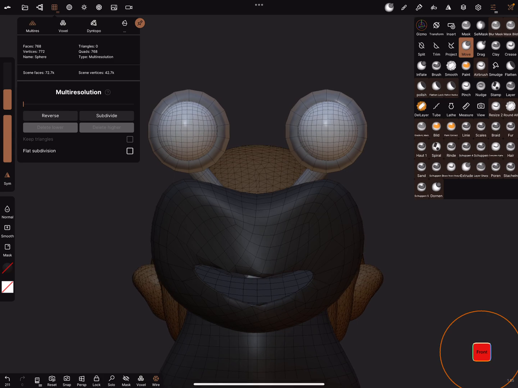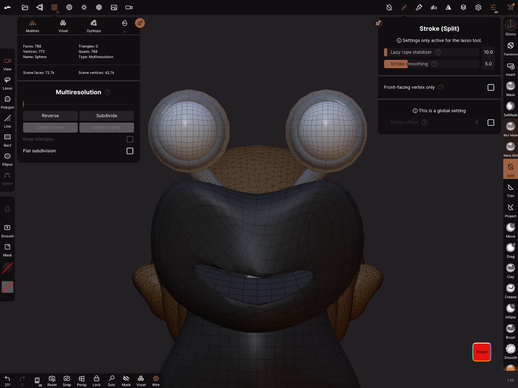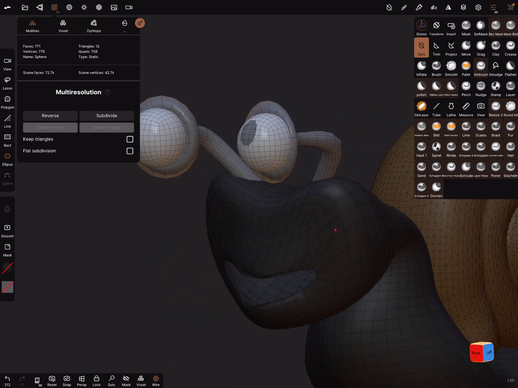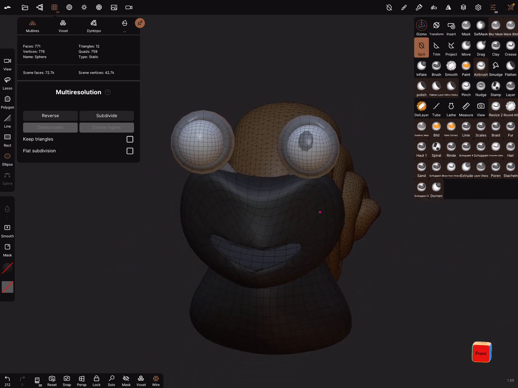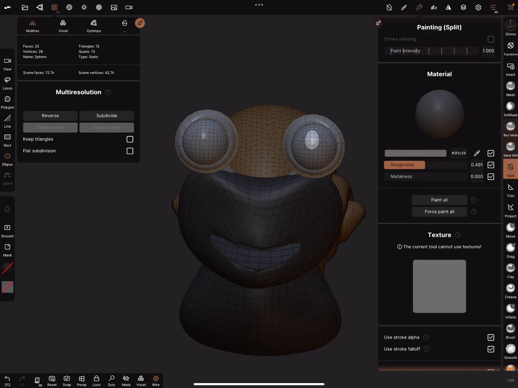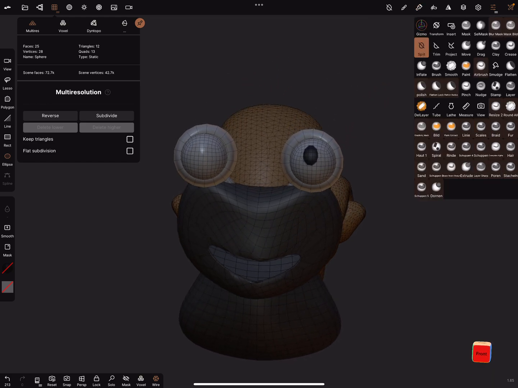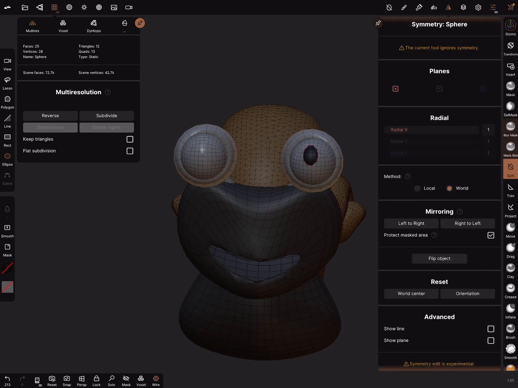And in the front view you can use the splitting function. In the settings here, turn on the front face vertex only and use the ellipse tool and go a step back. Okay, it's okay. Give the eye a color, and I turn on the outline, and now we can use the mirror function and mirror it